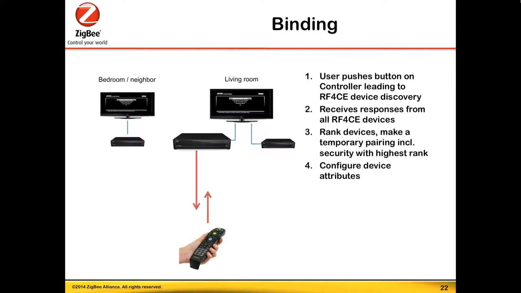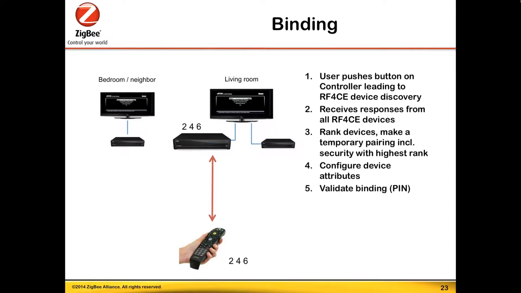The final step is the user validation, where the box actually displays a code on the display, which is usually connected to a TV or it could be some other means of display as well. And the user has to validate that pin code by pressing it on the remote. And when he does that, that actually validates the binding and confirms that this is actually the right equipment that